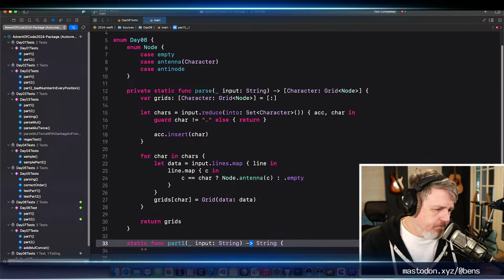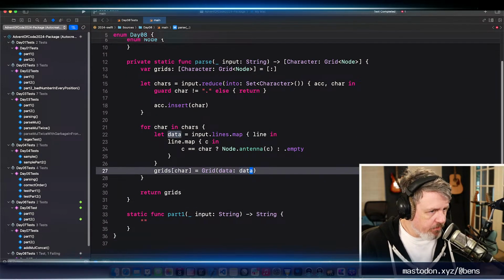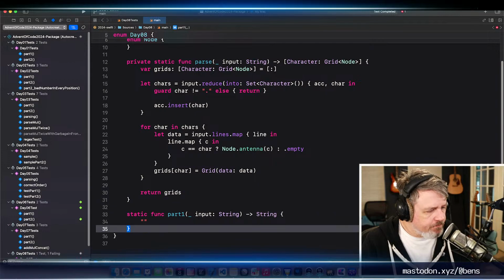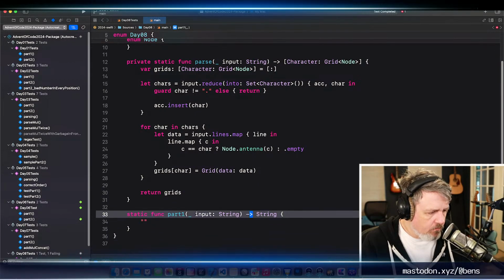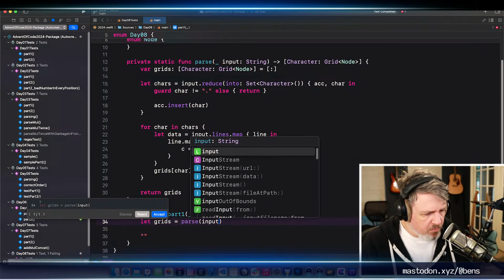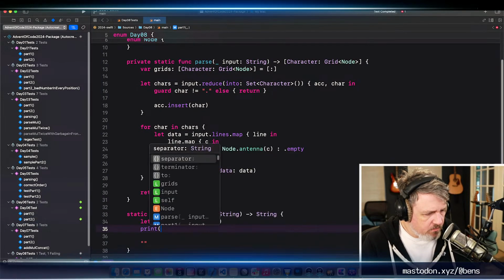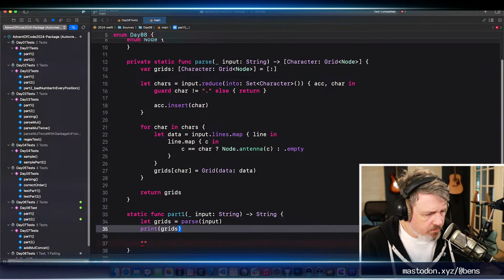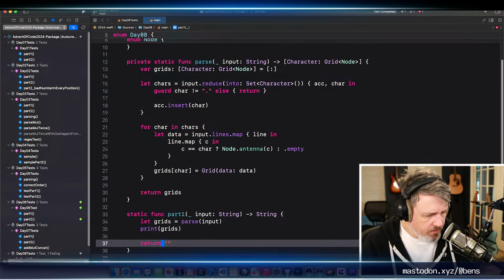Okay, so now I should have separate grids for each one. So let's get our grids. We will parse our input. I'm going to print out the grids and then return that. We can run our test again.